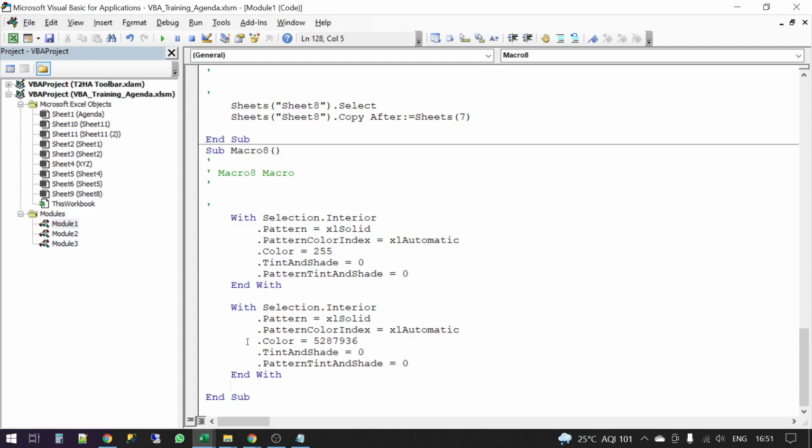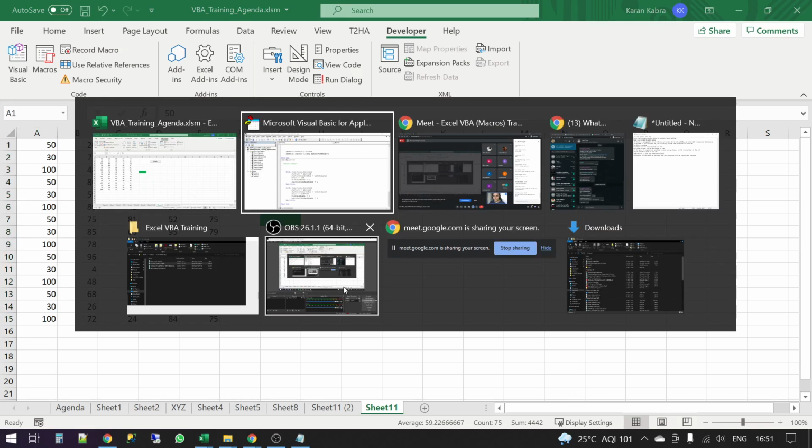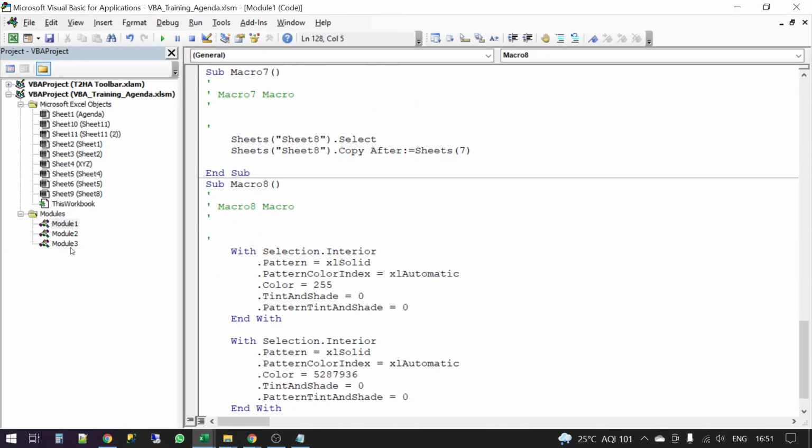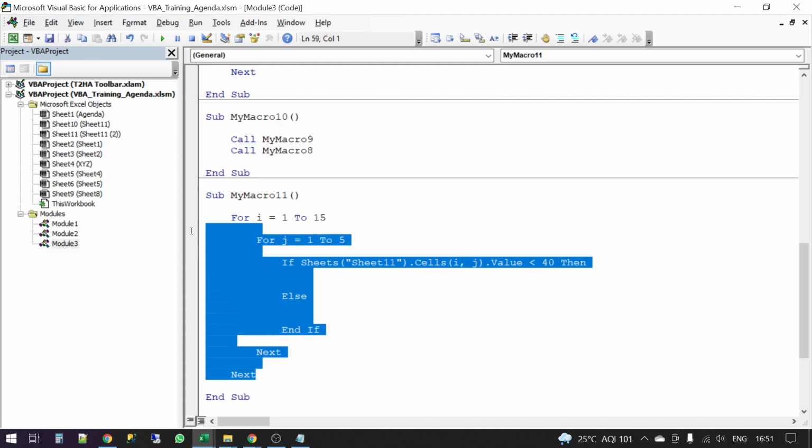Why can't we record conditional formatting for this? So Ashish, what we are trying to do here in the form of these two loops and decision structures is basically nothing but conditional formatting. Microsoft themselves have created this feature of looping and doing the conditional formatting, and they've made it very easy.